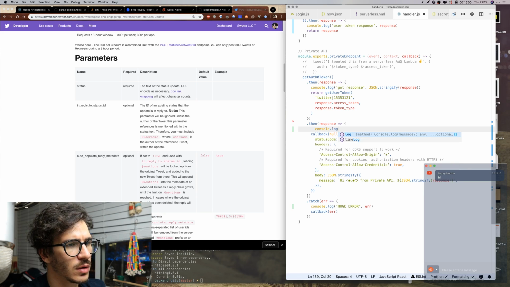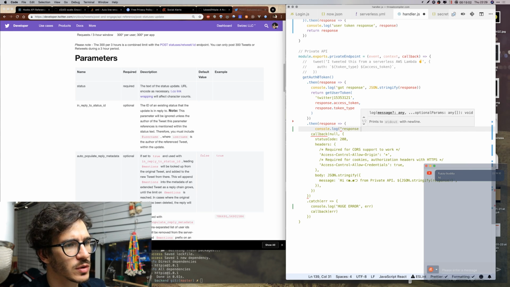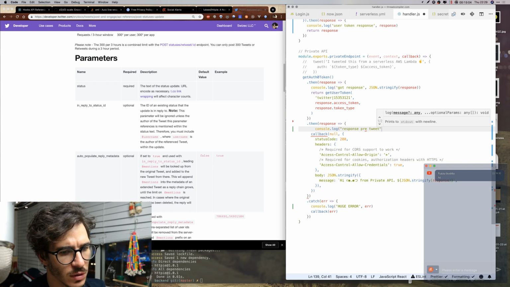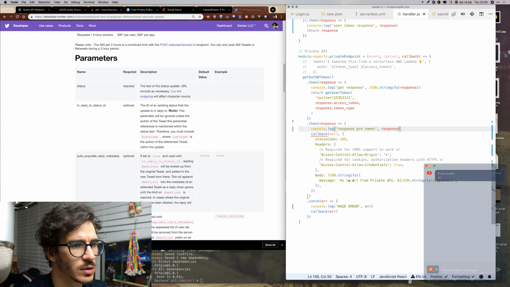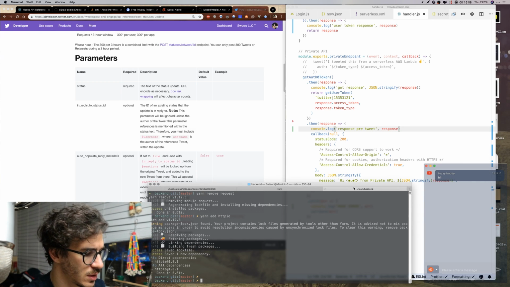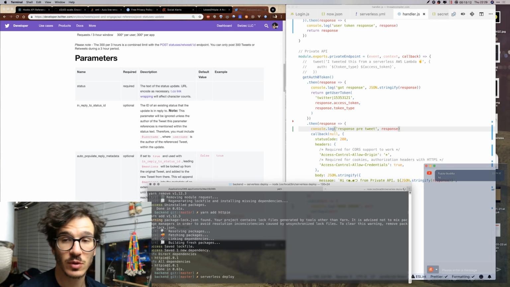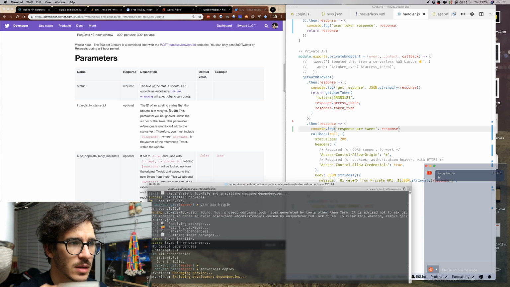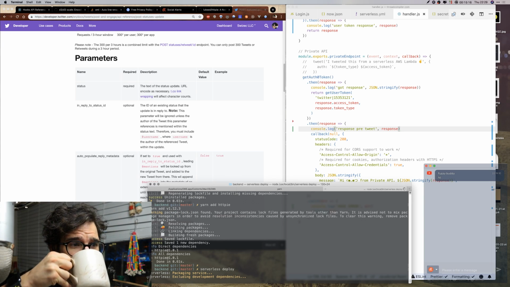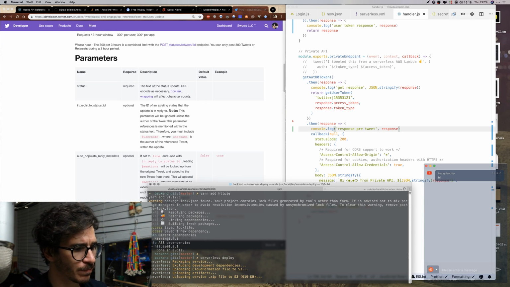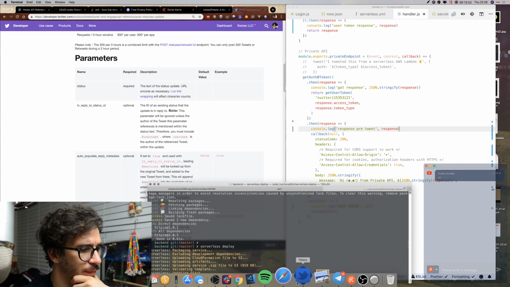Console log response pre-tweet, which is just the response. And let's see, if I say serverless deploy, we should be able to see what's going on. Let's see if we can finally get this working.